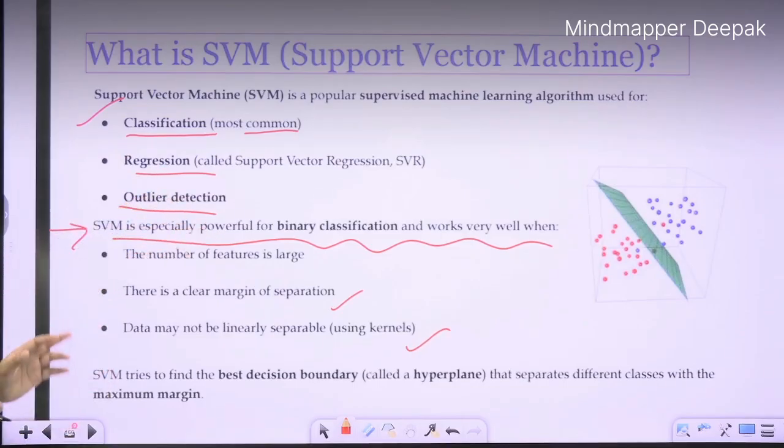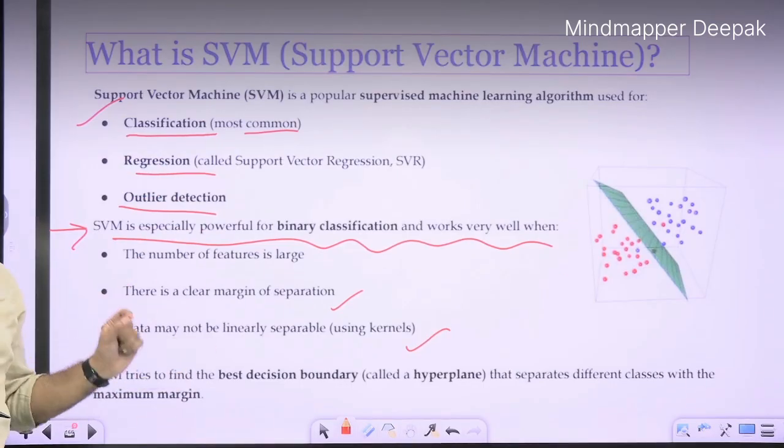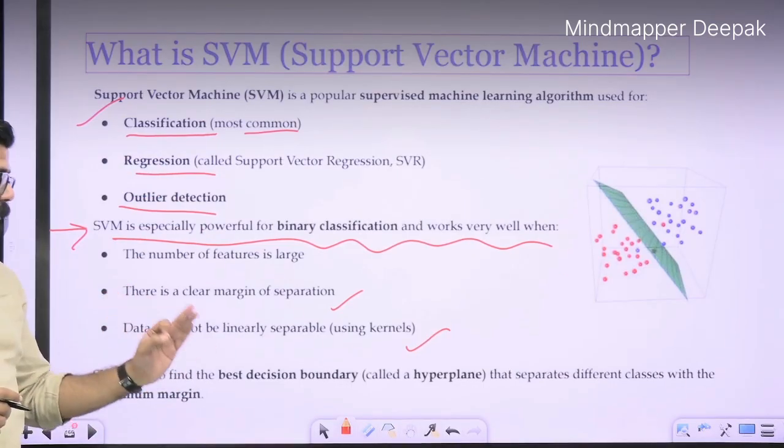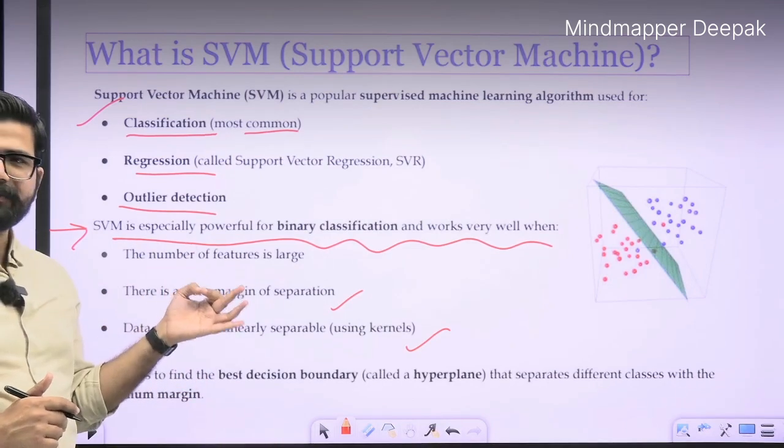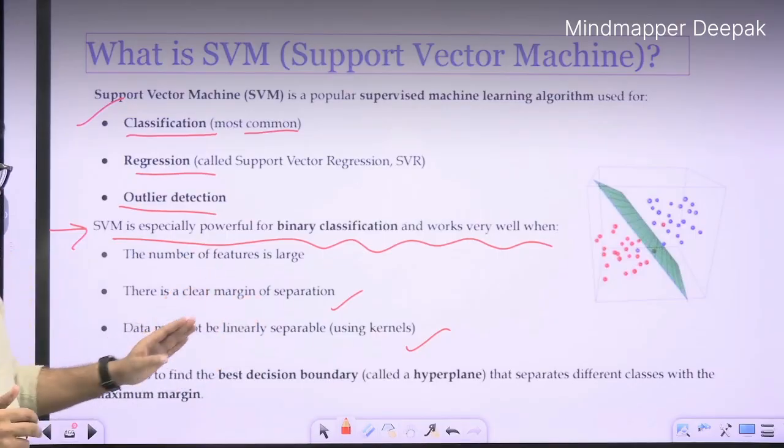In short, support vector machines try to find the best decision boundary, calculated as a hyperplane or hyperline,